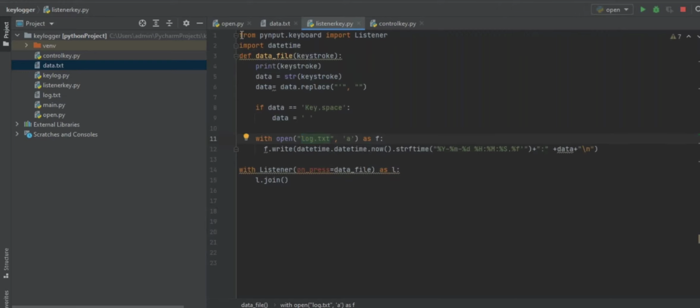So here I've imported Listener from my PyInput library, and I have written here keyboard because we are controlling the keyboard. So that is why I've written here pynput.keyboard.